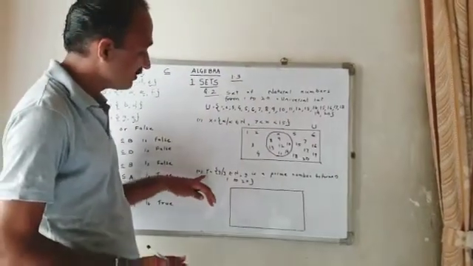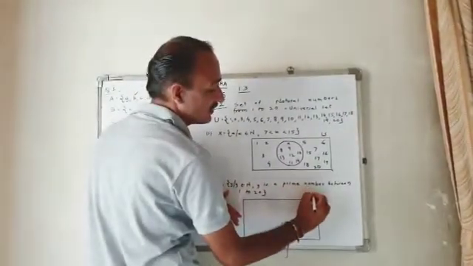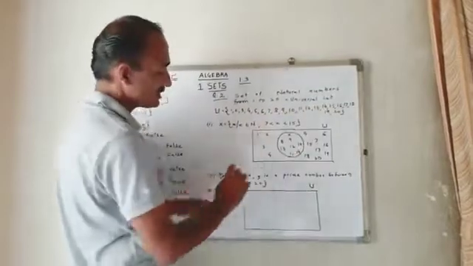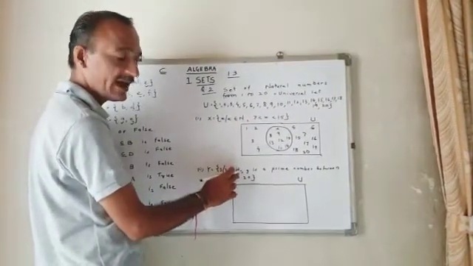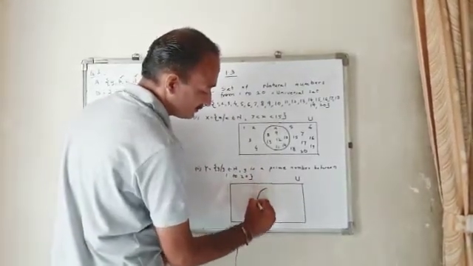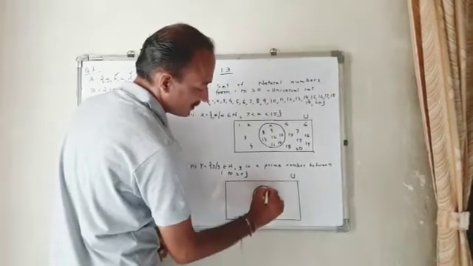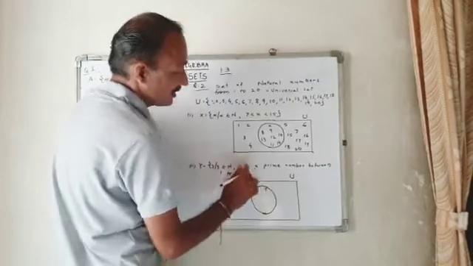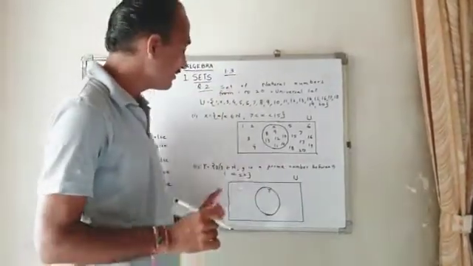Whereas second, Y is a set of the same. It is a universal set. You have to refer to the same one, 1 to 20 numbers. Y is a set of Y where Y belongs to N, that is natural numbers. So here you will take Y. Capital Y is a prime number, which comes only once between 1 to 20.